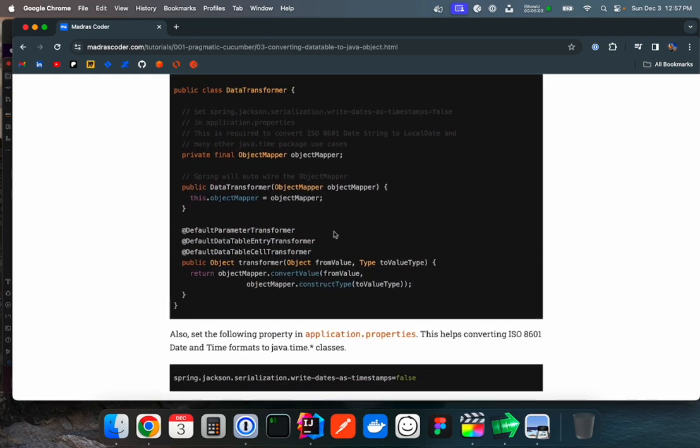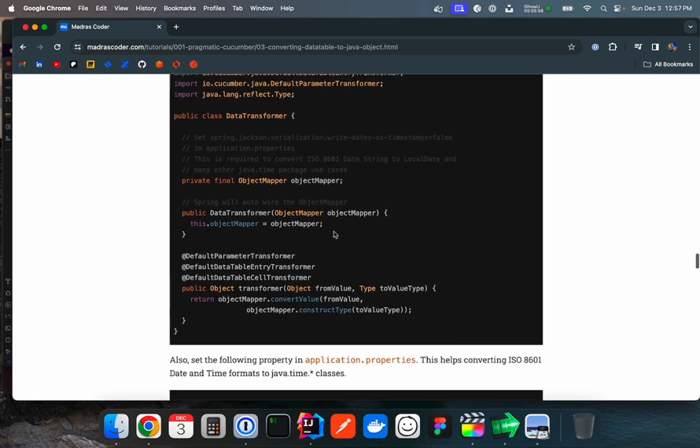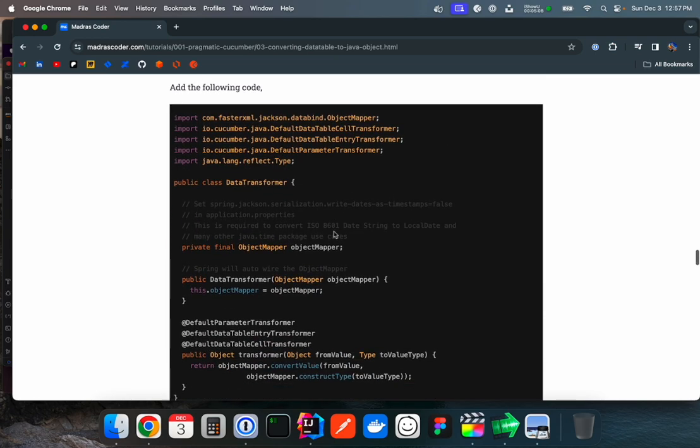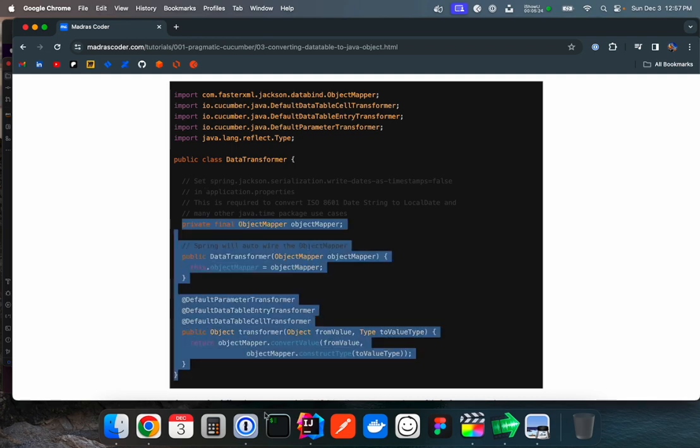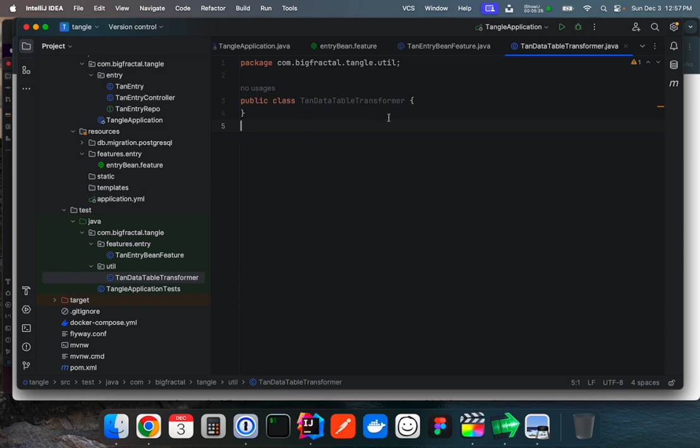there it is. This is the code I'm looking for. How do I know that this is the code that I'm looking for? Well, I recognize it, but I don't remember default parameter transformer, default data table cell transformer. I never will. But what I can do is grab this and then go in here